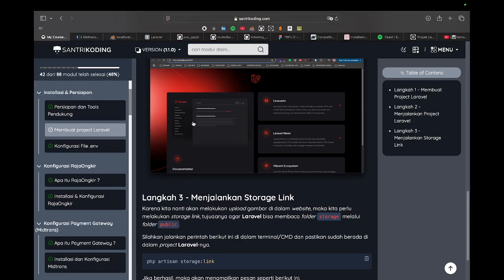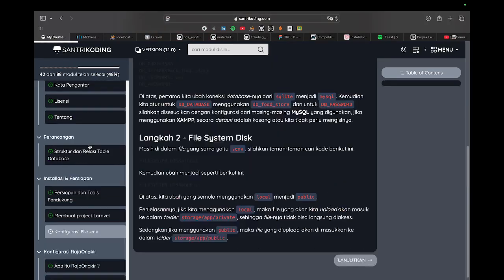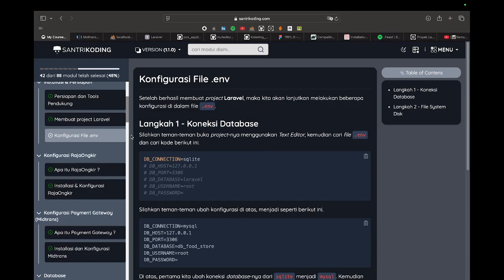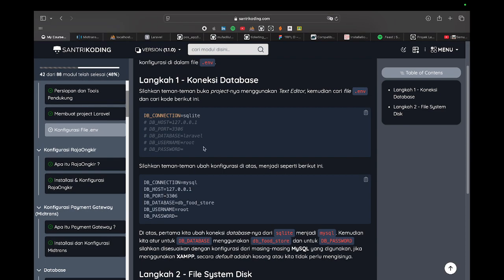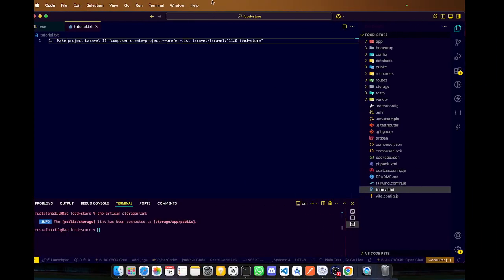All right, next is the configuration of the env file. First, because we are using MySQL, we change this database setting like this.